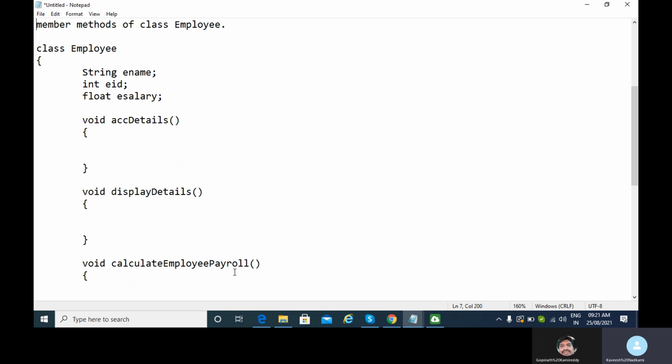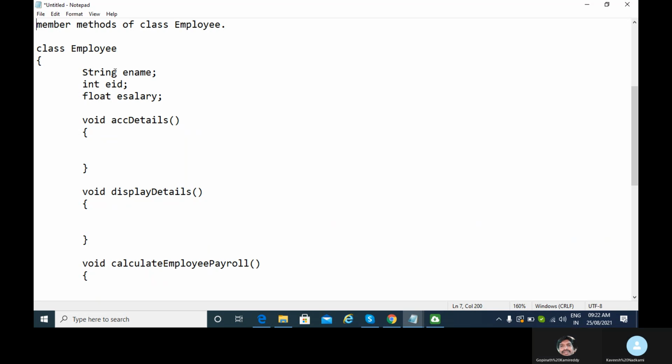This default constructor will assign some initial values to the data members of the class. These initial values are the default values for the data types of the data members. For string, the default value is null, Gopinath, because this ename is a variable of the string class type, no?